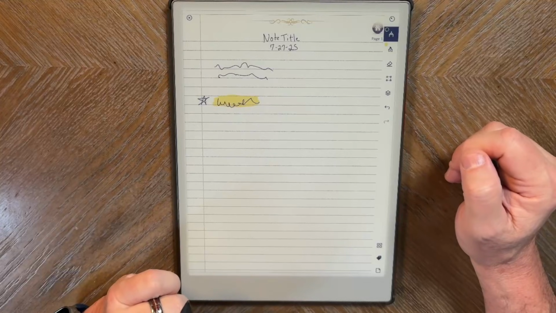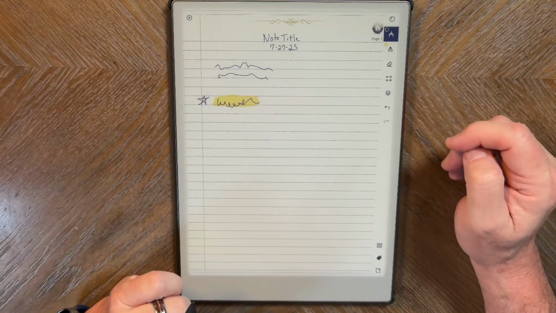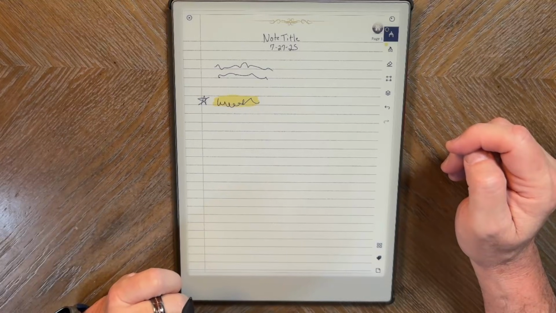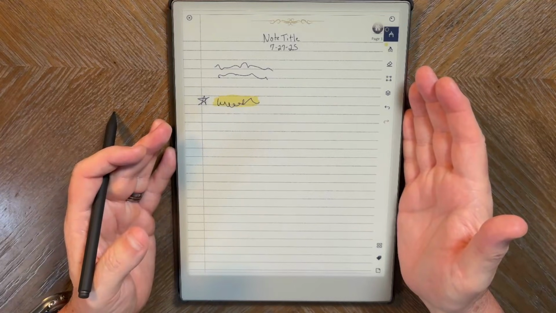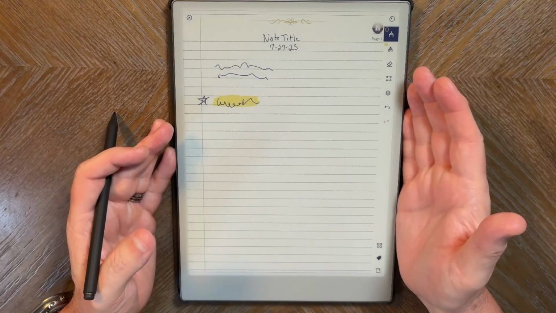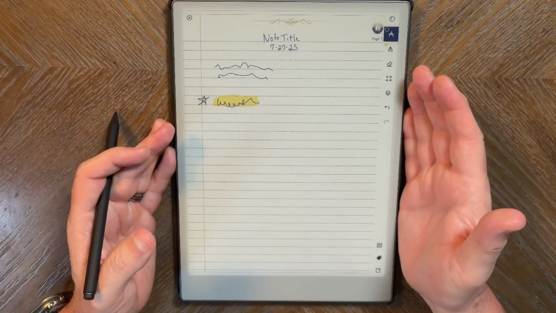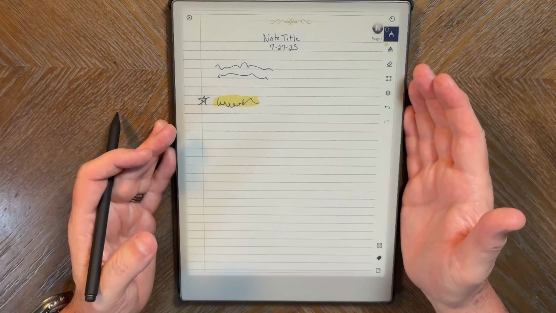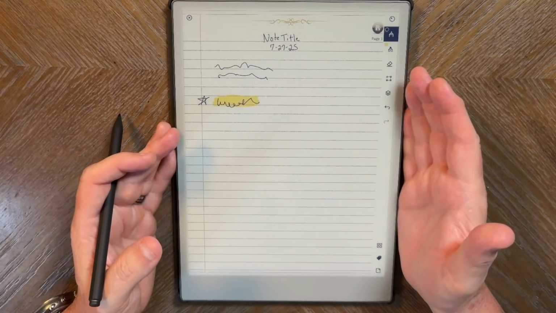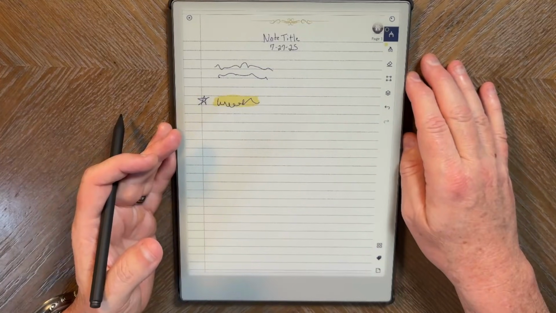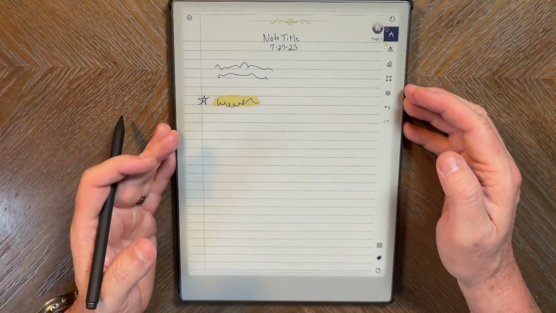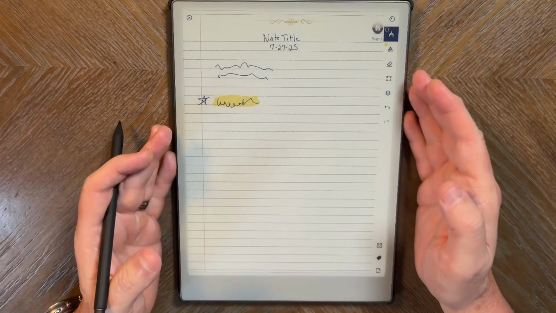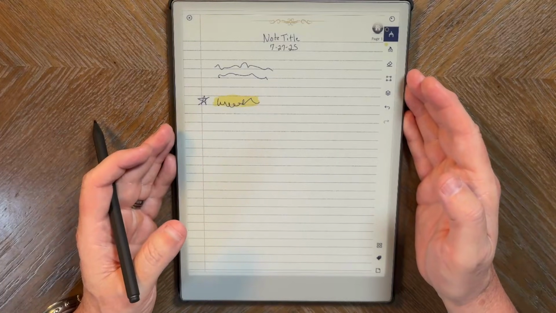Now, there's some other functionality that you can get on the Supernote that really just is not available to the same degree on the Remarkable, because the Remarkable is like a pad of paper with some very good additional functionality to be able to move stuff around on a page and copy and paste and stuff like that, and all the features that I've shown you before. But you really don't have the ability to install apps. So on the Supernote, you can take something and make a to-do out of it. You can add it to your calendar. The best way to do that here is to have a good PDF calendar or a good PDF to-do list,